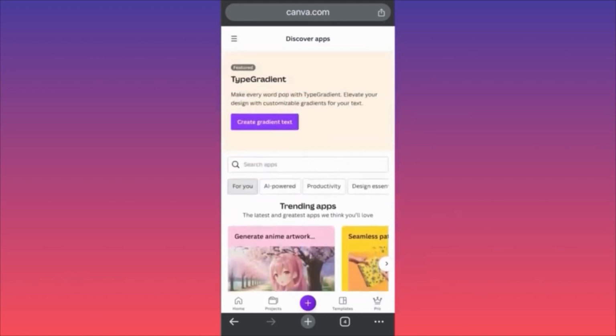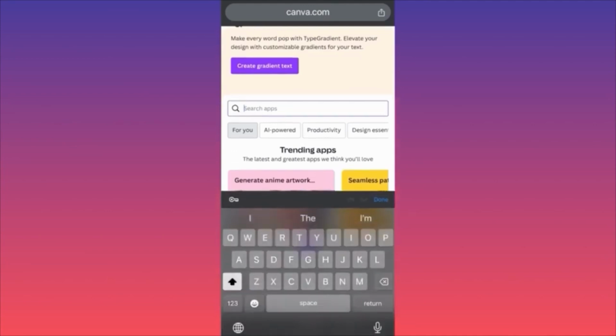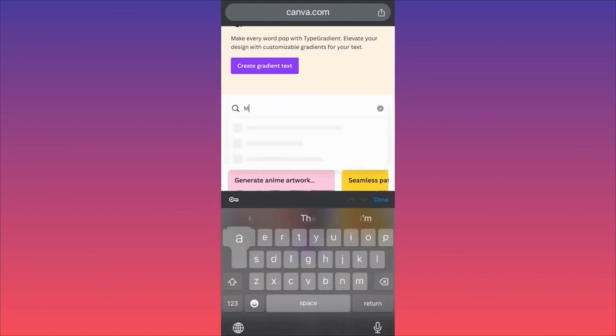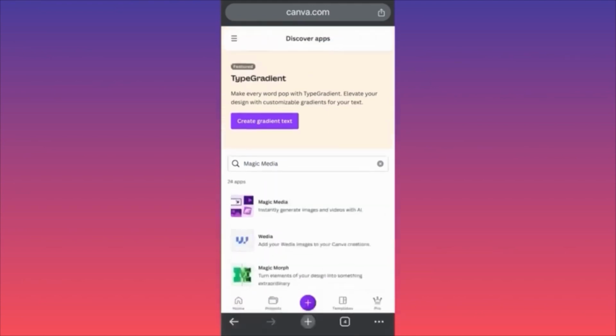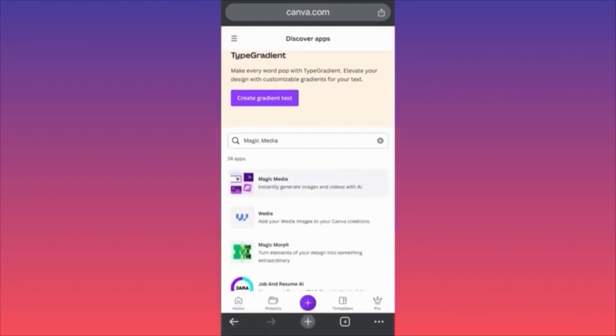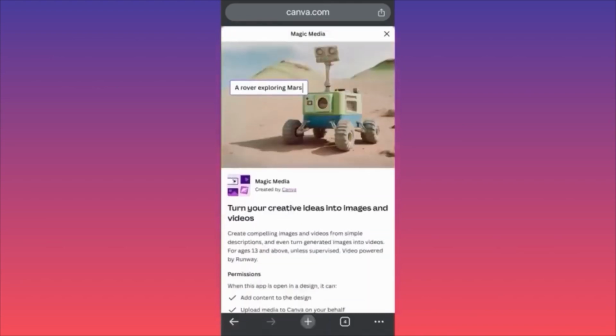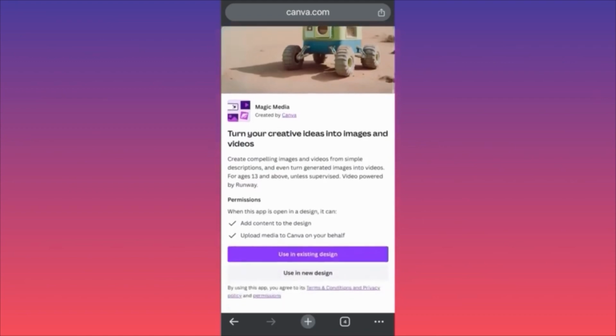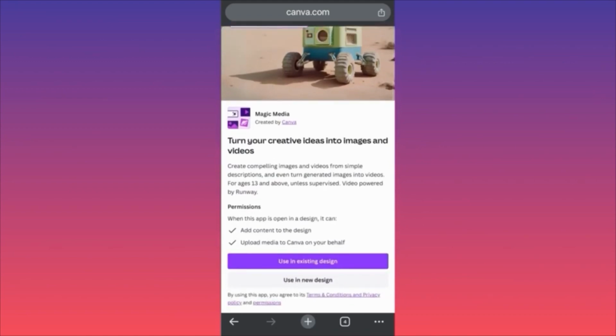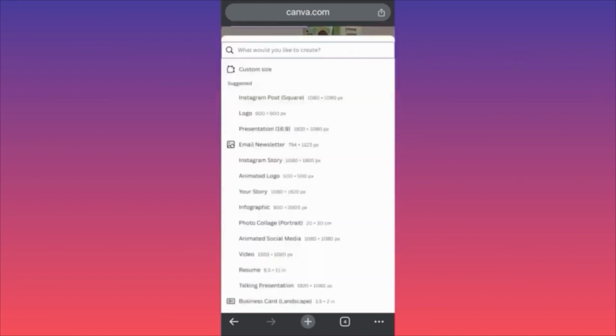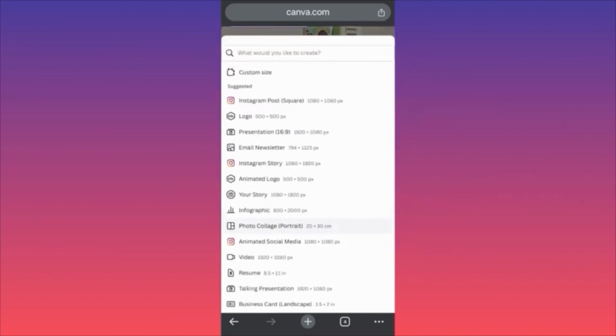The first thing that we're going to focus on is Canva's own proprietary technology app, which is Magic Media. So in this example, we are going to utilize Magic Media. This is the first icon over here. In this example, we are going to use the AI image generator of Canva's AI. We are going to create a brand new design, and as you can see over here, you have pre-made